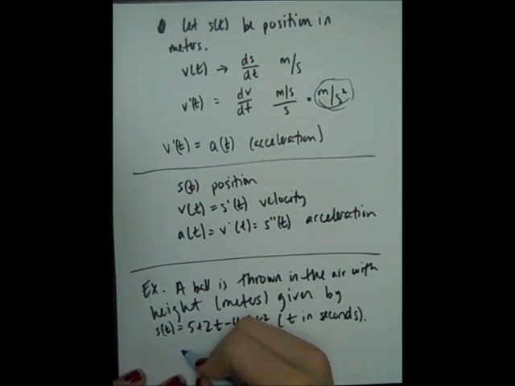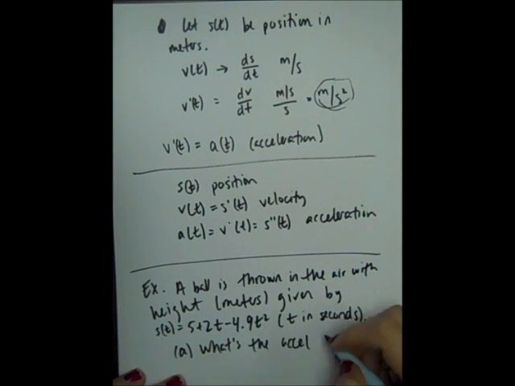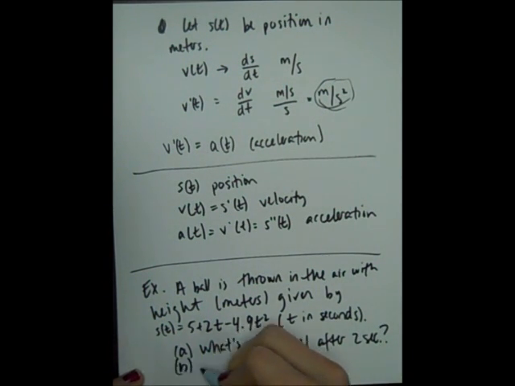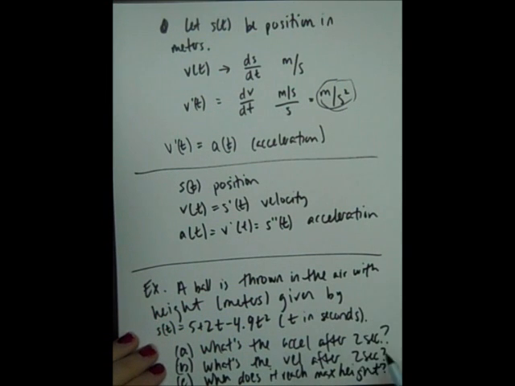A couple questions that we want to find. What's the acceleration after 2 seconds? What's the velocity after 2 seconds? When does it reach its highest point? So when does it reach the max height? And I also want to know what is the maximum height. So four questions here. I'll write the next one on the next page, but we have a ball being thrown